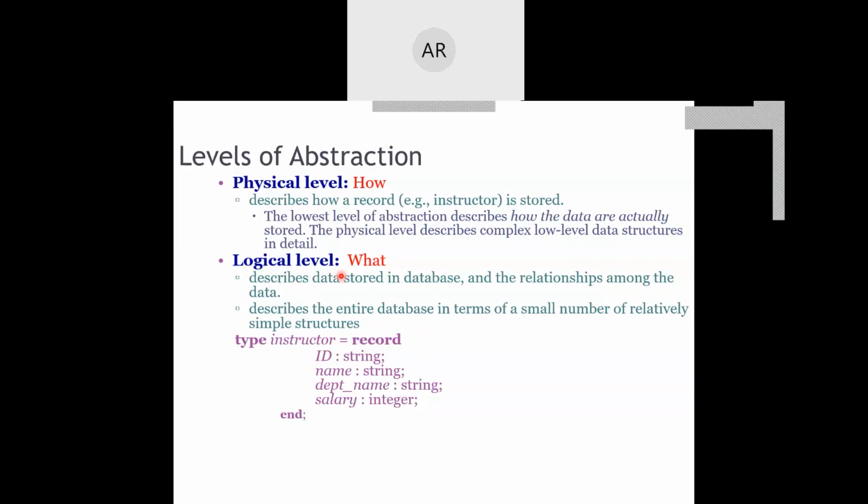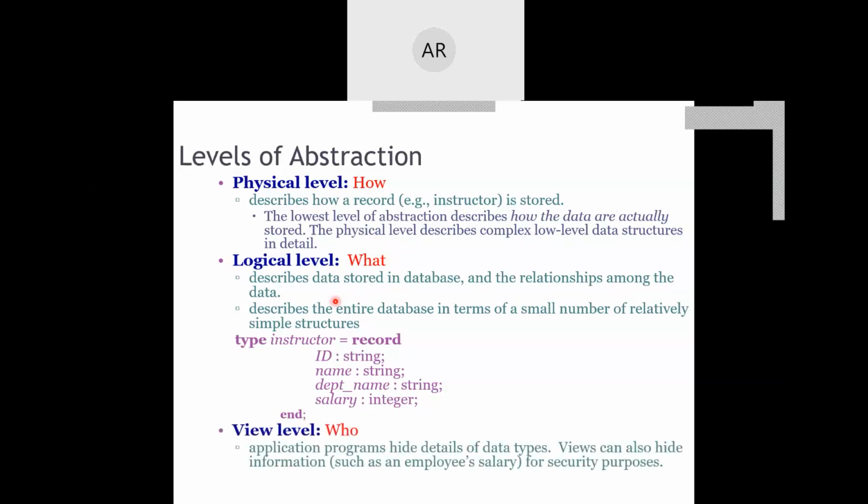But beyond that, there are a few more things being calculated: whether you have a backlog or not, whether you passed successfully in the first attempt or not, and credit ratings. All those calculations will be there, but they will not be depicted on your result scorecard. It is hidden. So those logical decision-making details will be hidden at the logical level. The logical level usually tells what exact data is being stored and what the relationship among the data is.